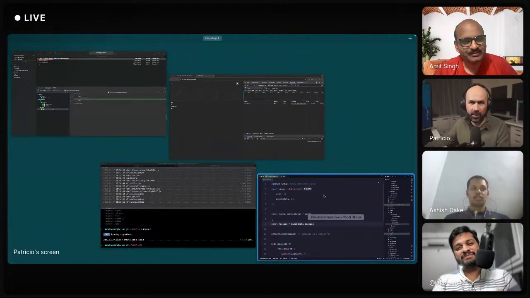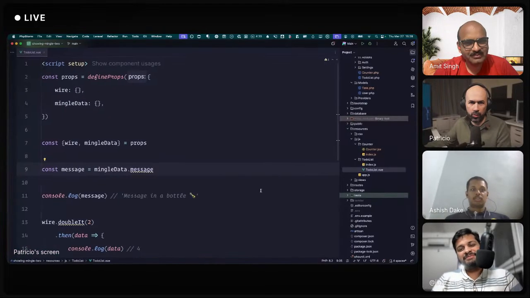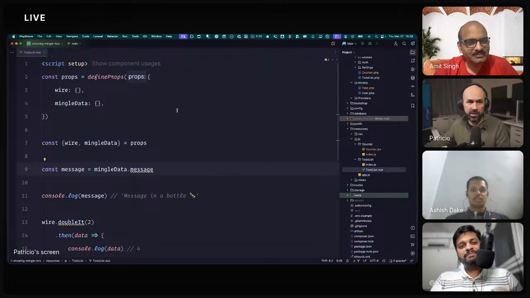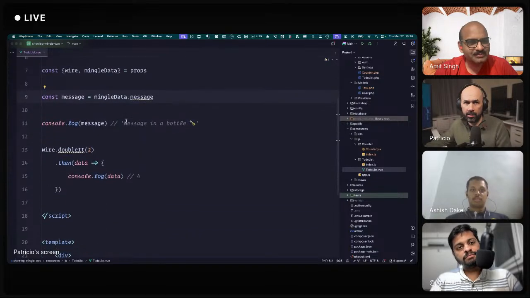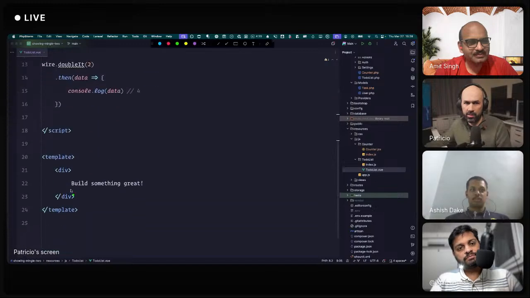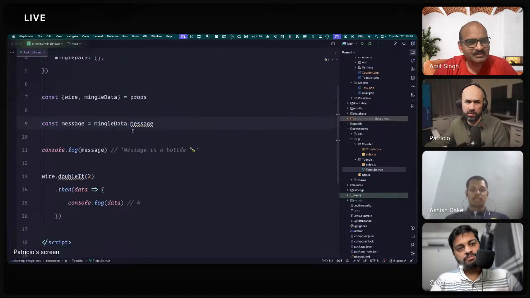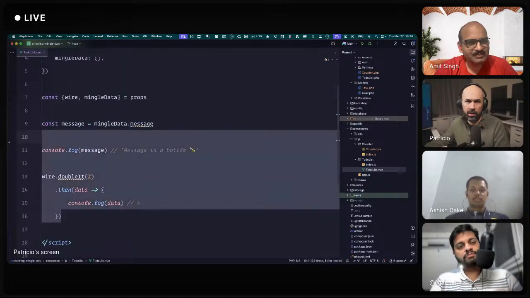So this is exactly an empty mingle. There's the wire, the mingle data, and it's just that string. It calls this method in the beginning and outputs this. So let's clean it.